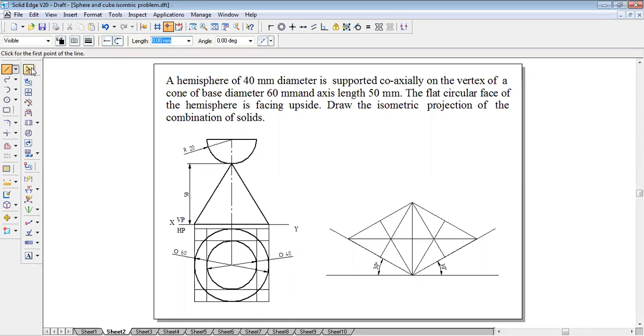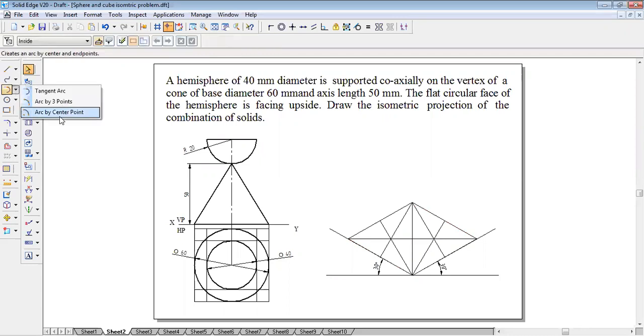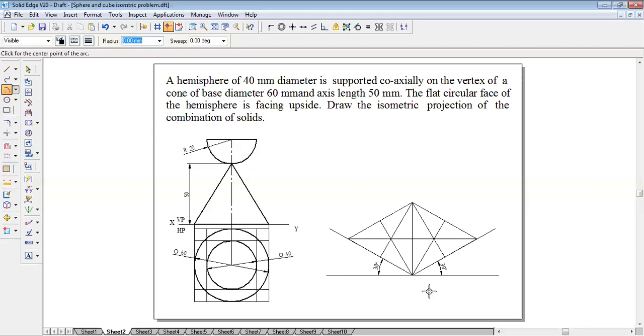Later, take arc by center point command. Now locate this corner, minor axis corner to the midpoint of any of the sides of the opposite, and then draw an arc. Okay, so this arc will be of 0.5 mm. So arc command, make it 0.5.